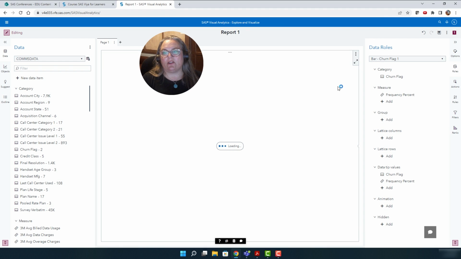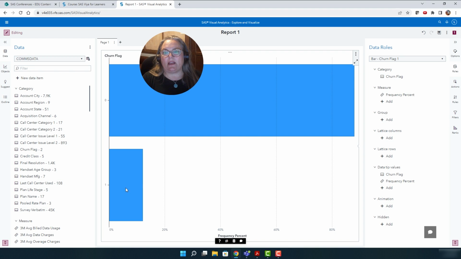The graph will not look any different, but when I hover here, it'll tell me that we have about a 12% churn rate. So we lose about 12% of our customers. And again, this is a 10-month window. So this is kind of interesting right out of the gate.